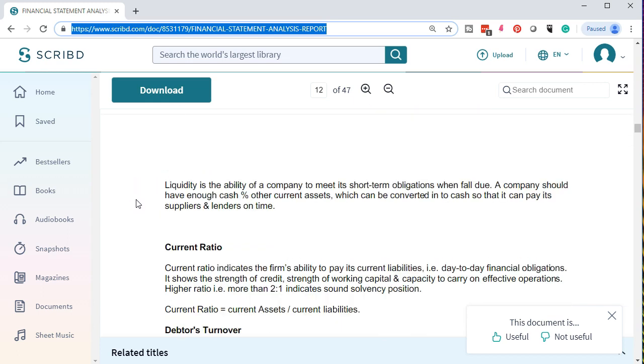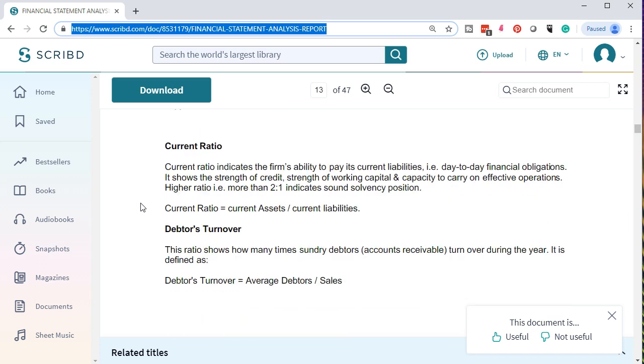Here's our ratio. We have the liquidity ratio. Liquidity is the ability of a company to meet its short-term obligations when they fall due. A company should have enough cash and other current assets which can be converted to cash so that it can pay its suppliers and lenders on time. Current ratio indicates the firm's ability to pay its current liabilities, i.e. day-to-day financial obligations. It shows the strength of the credit, the strength of working capital, and the capacity to carry on effective